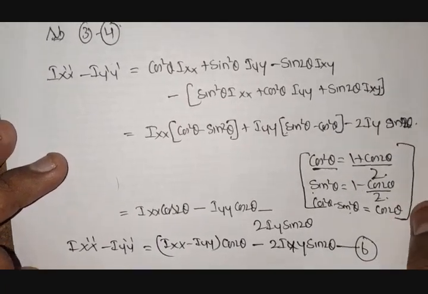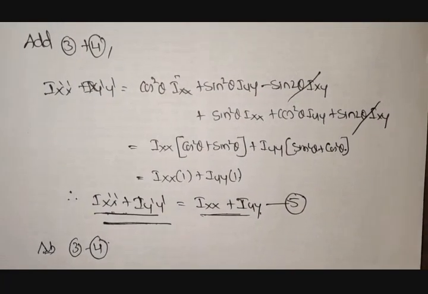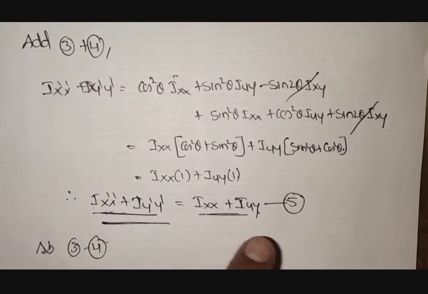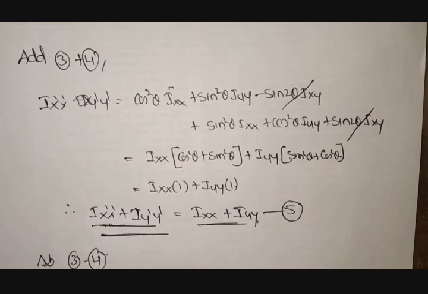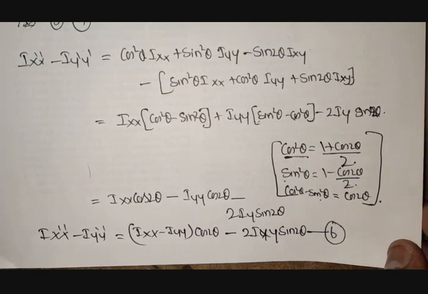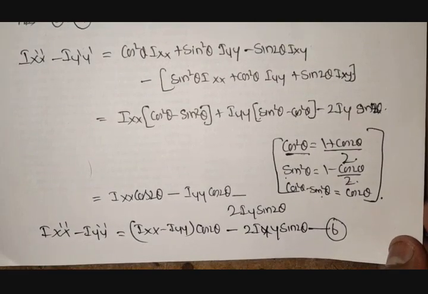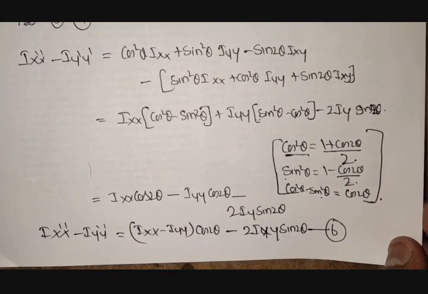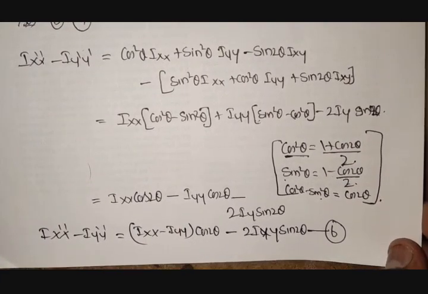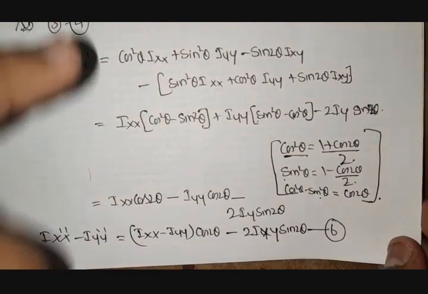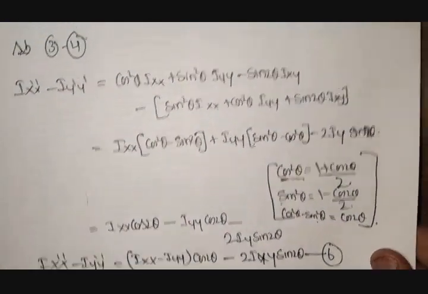So when you add the moments of inertia of old and new, the two equations come out the same. When you subtract them, the equation differs here. So now we will find the values of Ixx and Iyy in terms of this equation. What we will do is add equations 5 and 6 one time and subtract one time. What result we get, we will see now.